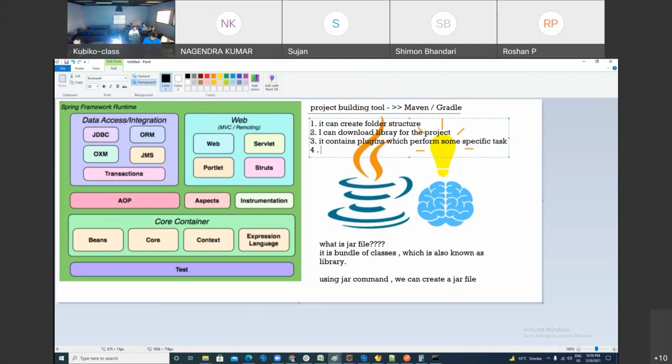And you can create a multi-module project, right? You can create a profile for a different environment. So there are many things all together.